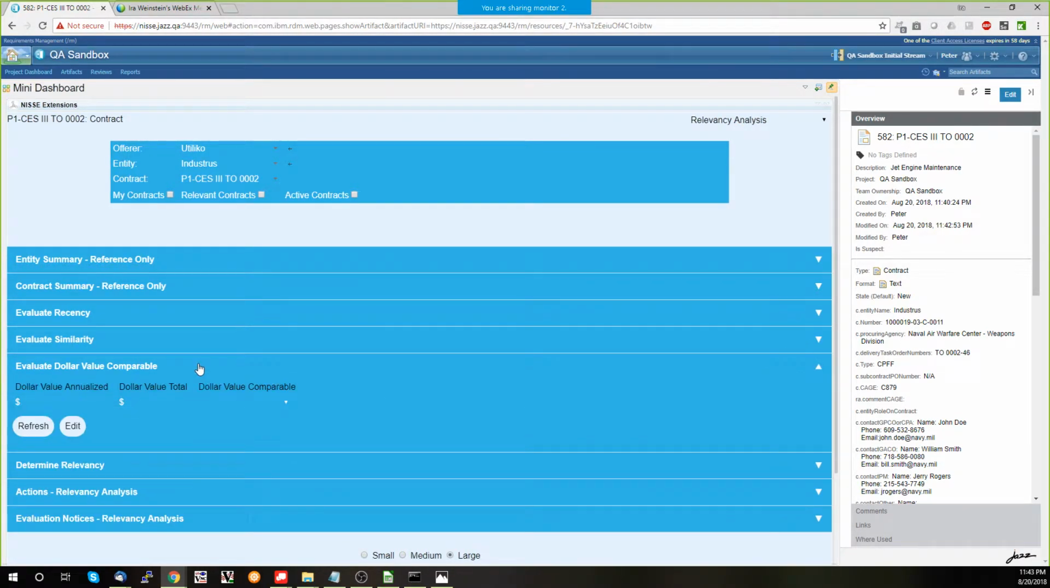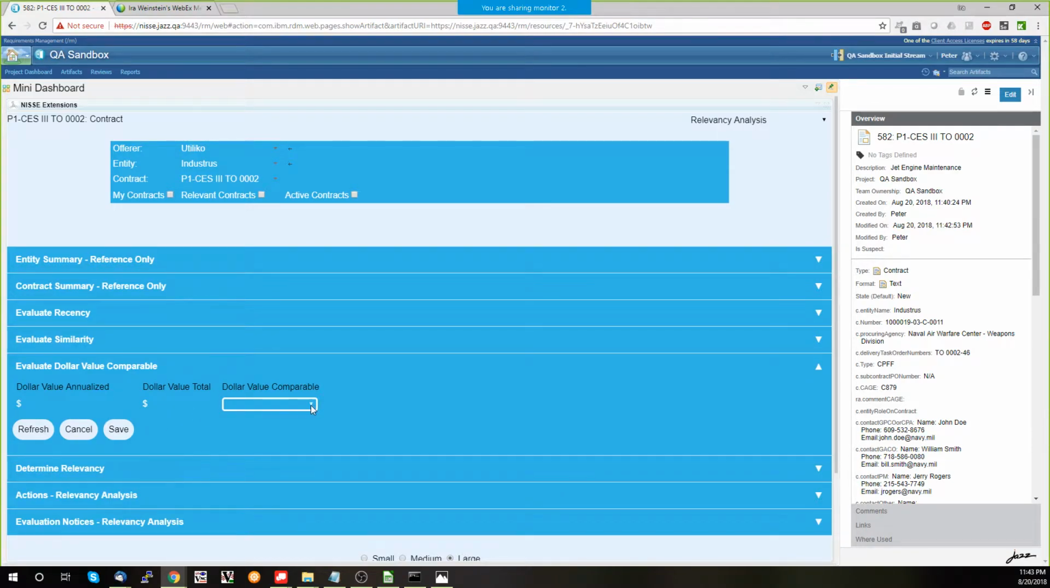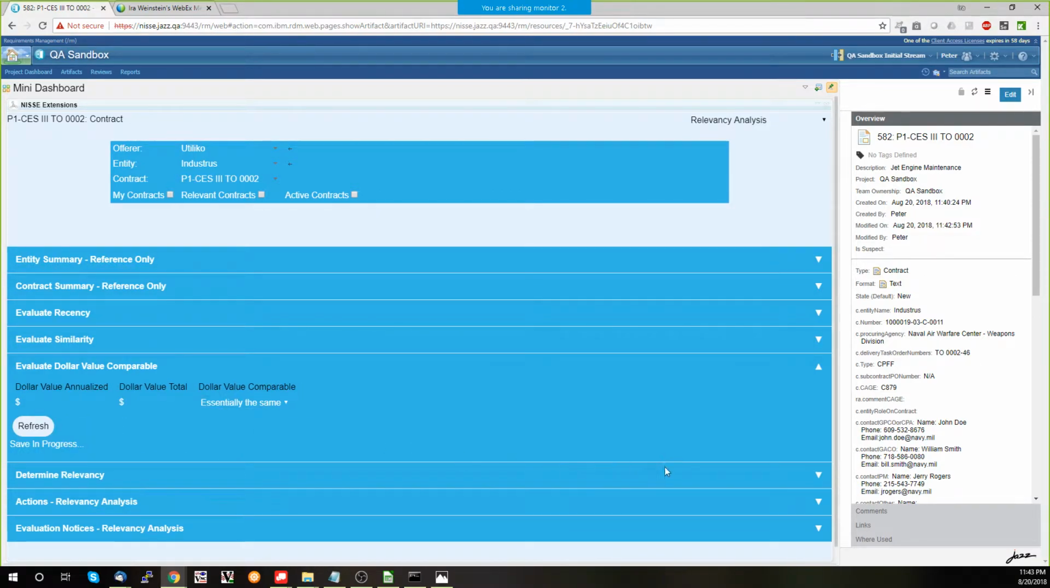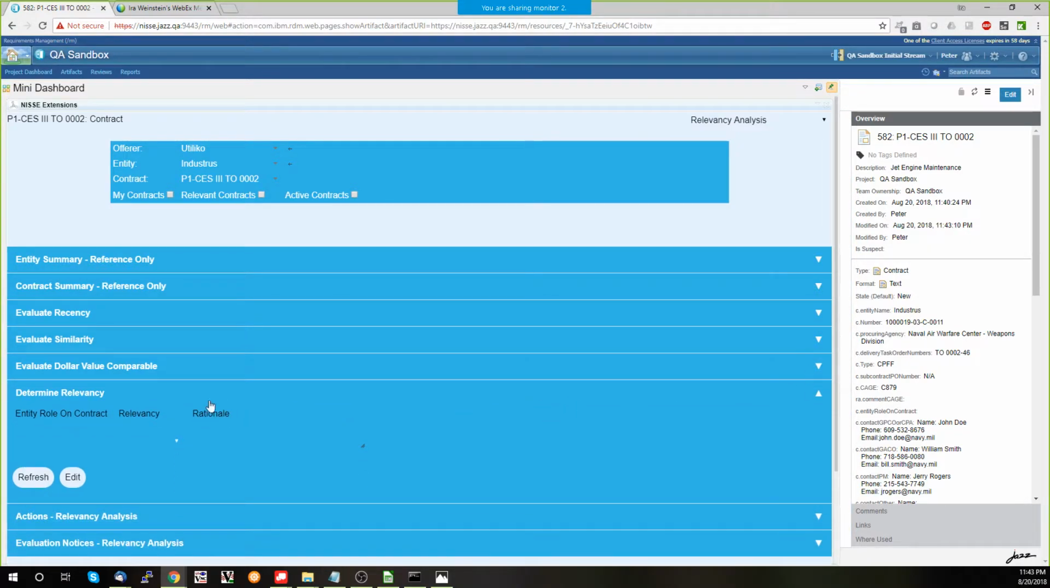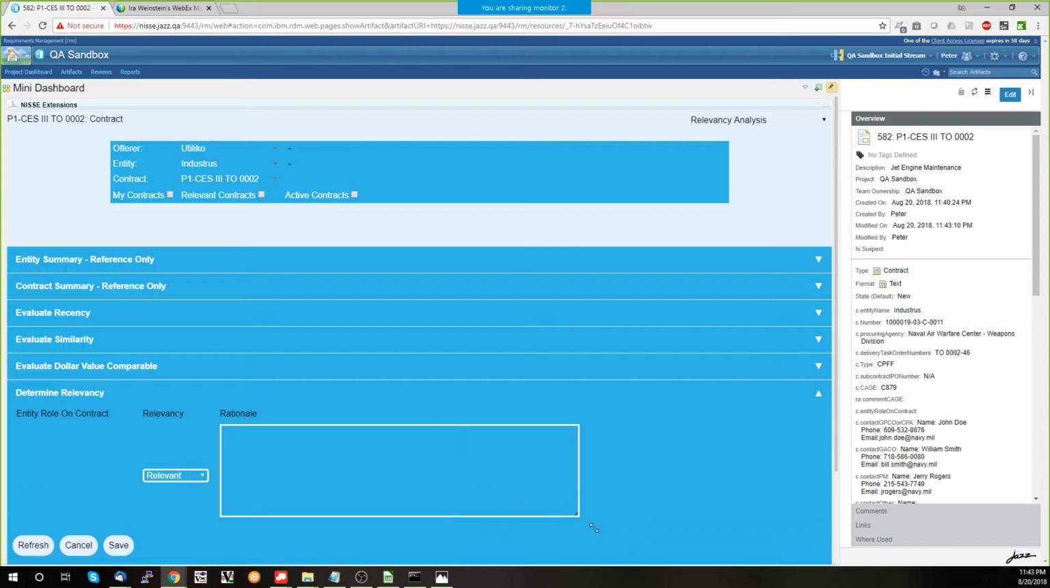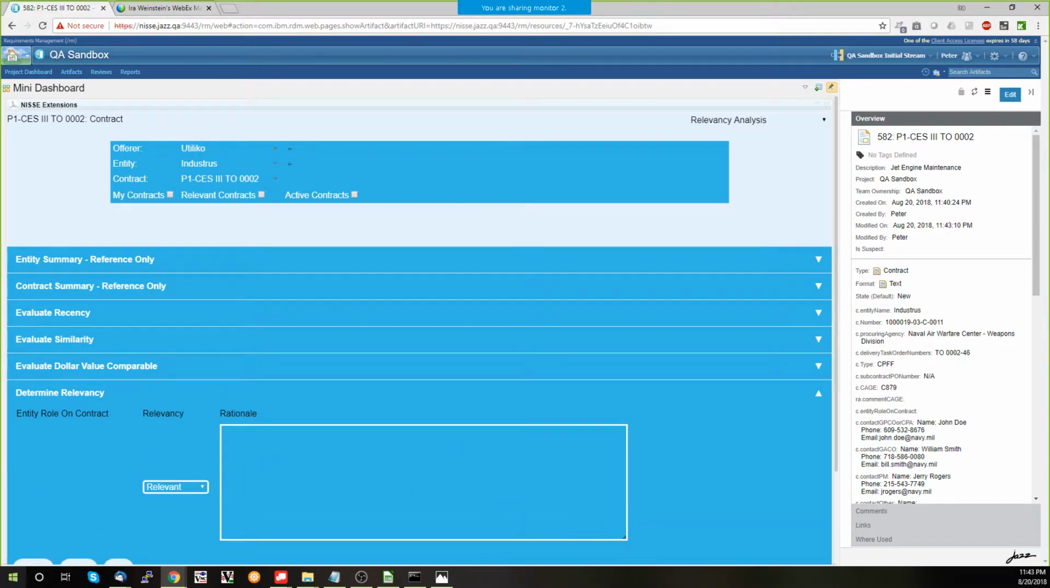So now I go to the next section, evaluate dollar value comparable. And normally there would be data filled in here. And I would make a judgment and say, well, they're essentially the same based upon the dollar amounts. Next accordion, I can really move pretty fast here. Determine relevancy. I can look at this, and based upon their role in contract, and based on all the other information I just reviewed, I could either mark them as relevant or not relevant. I could copy and paste information, or I can simply type the rationale, clearly